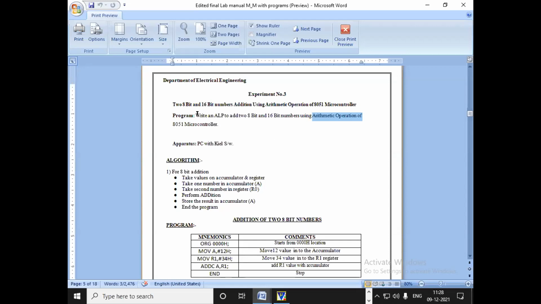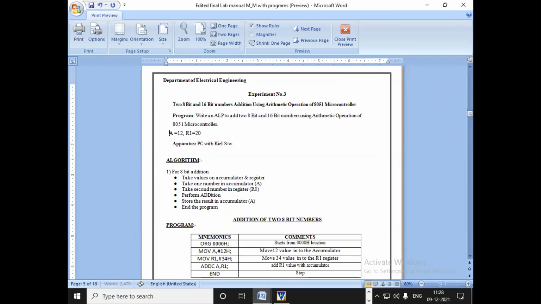So first, when you see the program, you have to set the mind on what we have to do. We have to do the addition of two 8-bit numbers. So first, you have to know that we require two registers. Here A and B, or suppose I am taking R0 and R1. So first we have to think that. Then the third step is to decide what instruction is required for these two registers. Means we have to put A equal to suppose 12 and R1 equal to 20. Suppose these two values you have to put into these two registers.